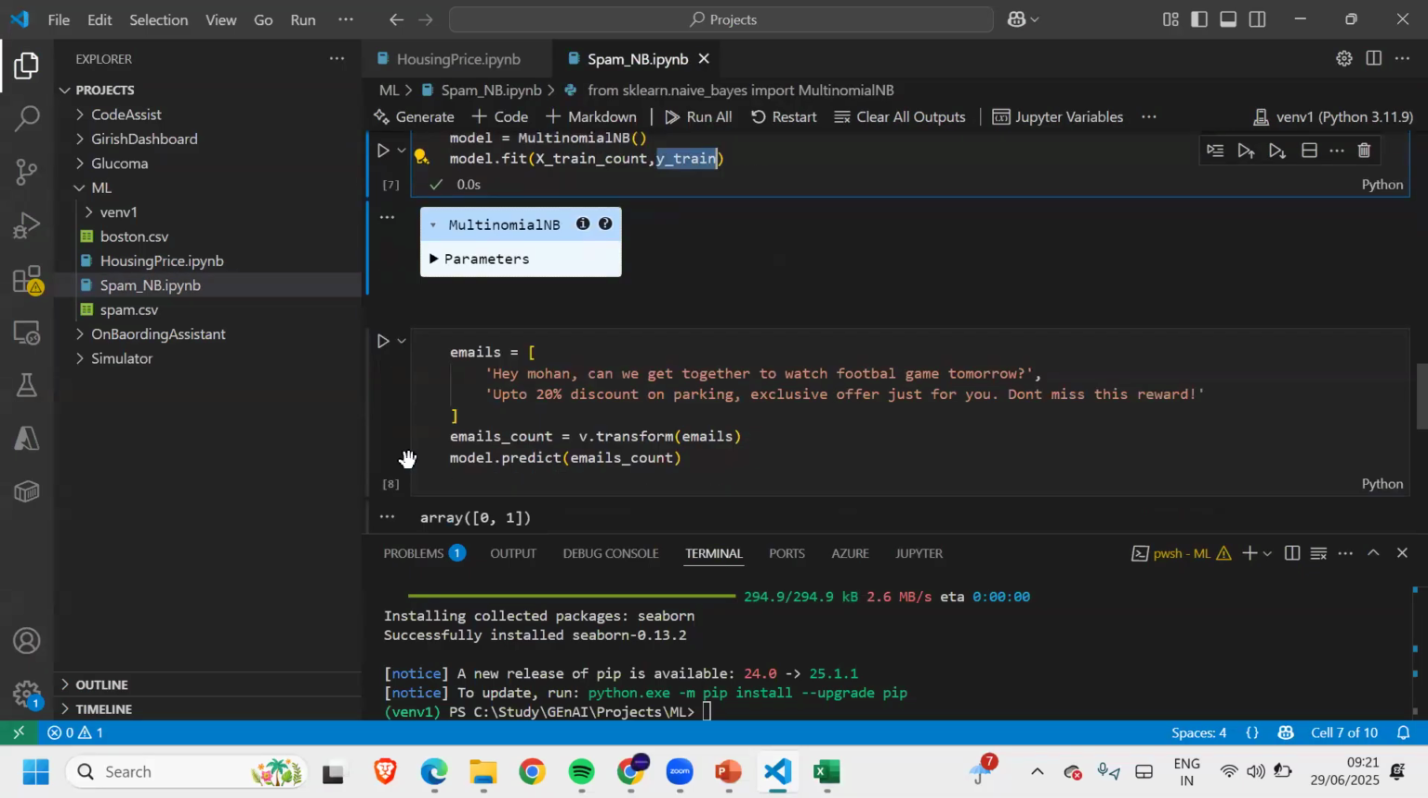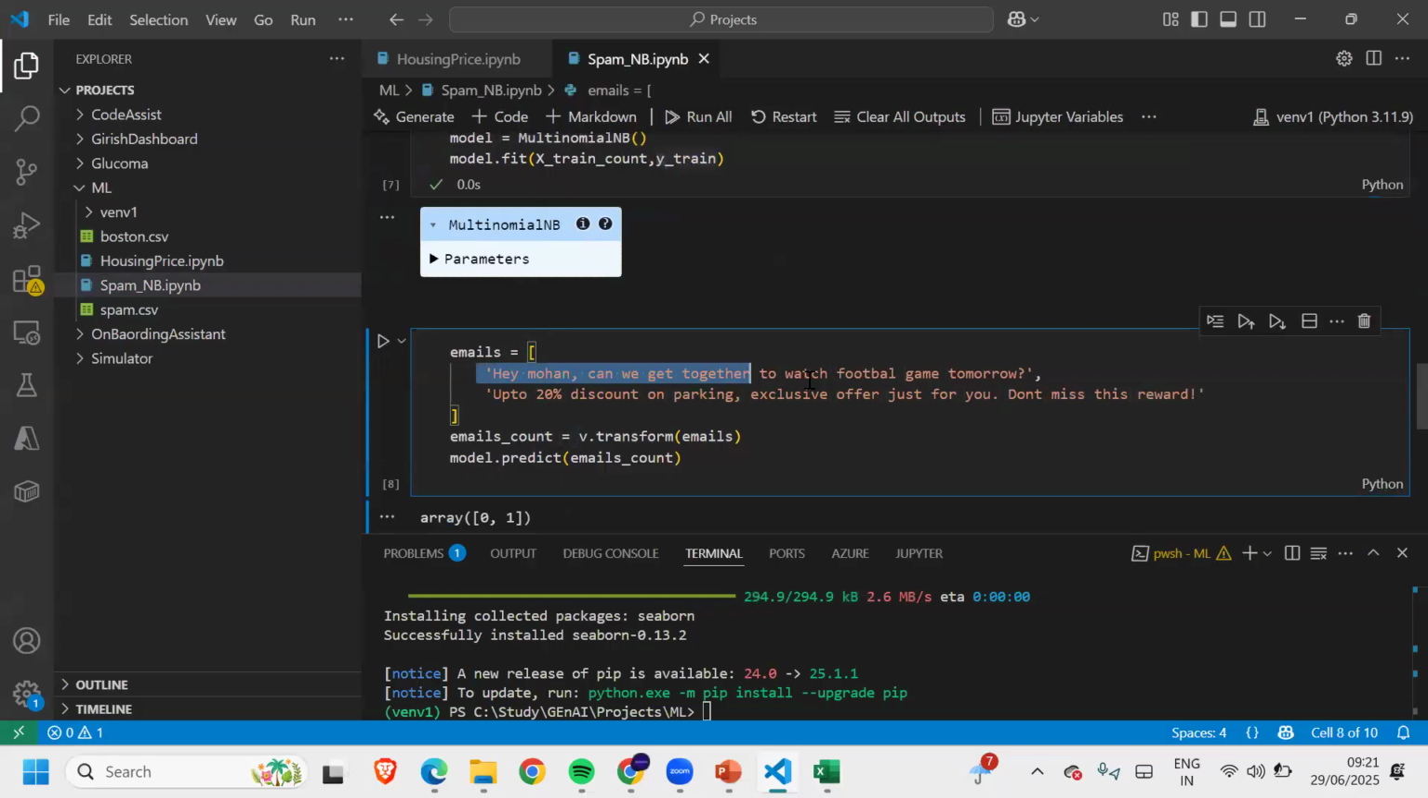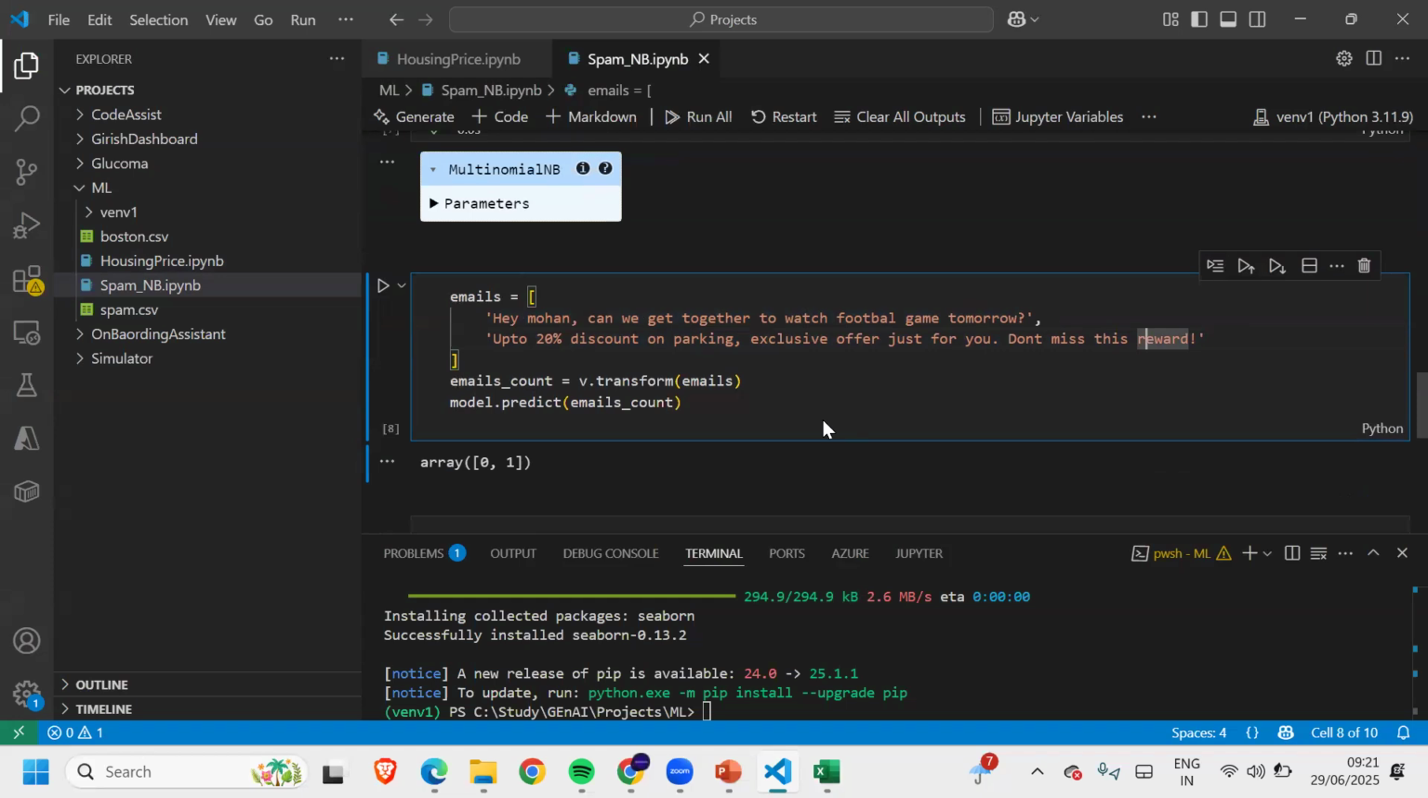And now if I give it this problem, if I give it these two emails, the content of these two emails, it should be able to tell me which one is spam and which one is not spam. We are just testing it. So if I do that, I will see it is able to say that the first email is 0. That means it's not spam, it's ham. Hey Mohan, can we get together to watch the football game tomorrow? Right, so it is saying that. Let's say I change it to something else,